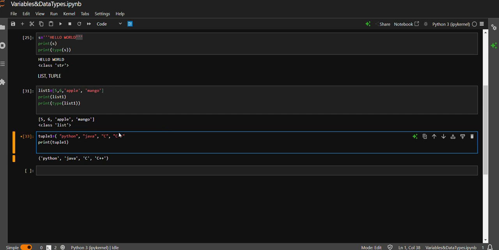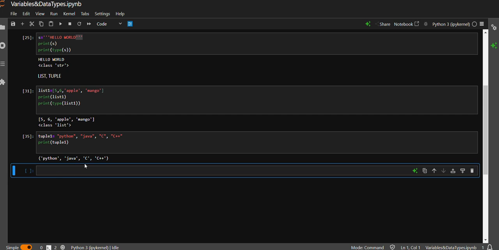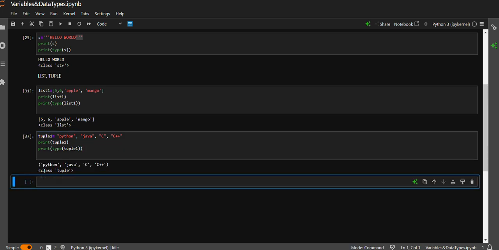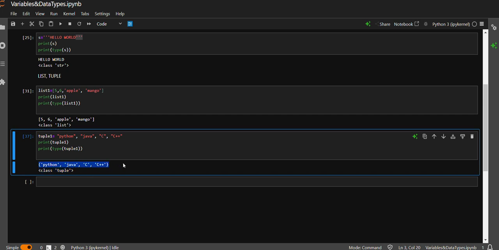Let's see. Let me remove this. अगर हम ये parentheses हटा देते हैं और रन करके देखते हैं तो देखते हैं आउटपुट आएगा या नहीं. Yes, it is coming. So round brackets, or you can call it as parentheses, are optional in Python. Let's print the data type also. I have written this line, print type tuple 1. Now run it. For running, I'll press shift plus enter and the output is here the list or items of the tuple and class tuple, the data type of this particular variable tuple 1.